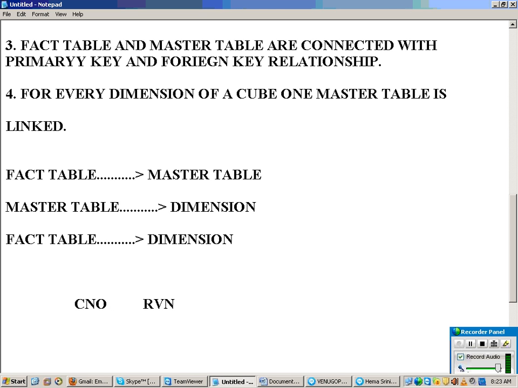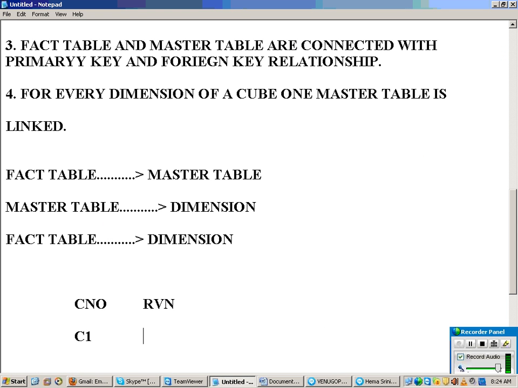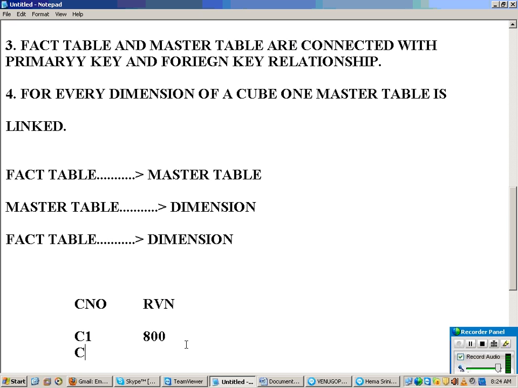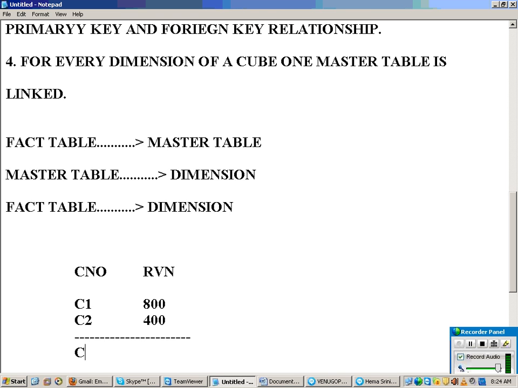Customer angle, right? Customer C1. What is the revenue? 200 plus 600, right? So C1 is 800. Then C2 is what? 400. So that means, now what is the total revenue now? Total revenue is what? 1200.